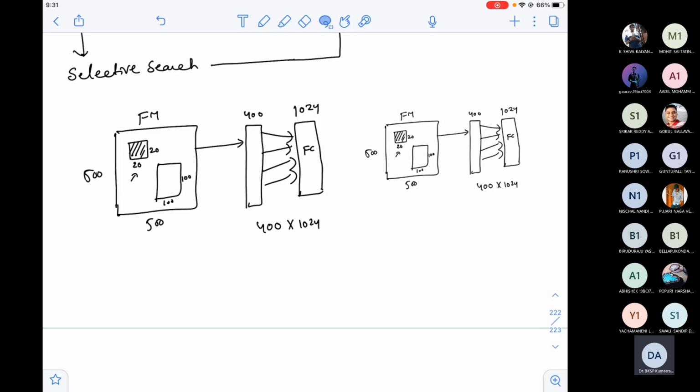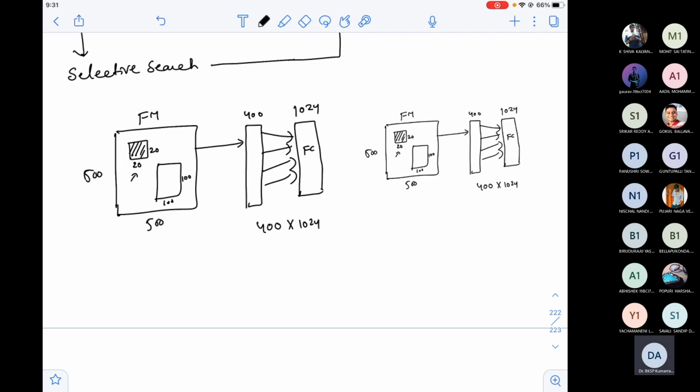Even the people who invented those architectures at Google, Facebook, nobody knows, because it's experimental trial and error, and they found out that a 3 by 3 filter is best for the first convolution layer, and a 5 by 5 filter is better for the second convolution layer, like that. Except those empirical evaluations, from the beginning of the course, we are going with reasonings. Even now we'll go with that.